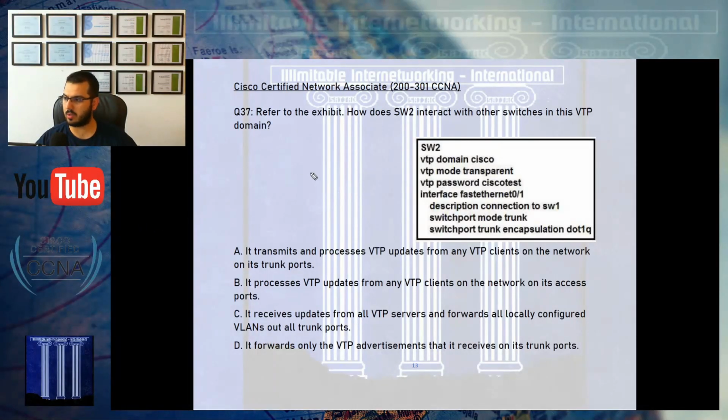So let's continue with question 37. Question 37 says, refer to the exhibit. How does switch 2 interact with other switches in this VTP domain? Cisco had officially removed the VLAN trunking protocol, which is VTP, from their new exam blueprints. Yet they are mentioning it, and they also mentioned it in the previous questions. So you might see VTP and you might not in your exam, but just in case you saw it,